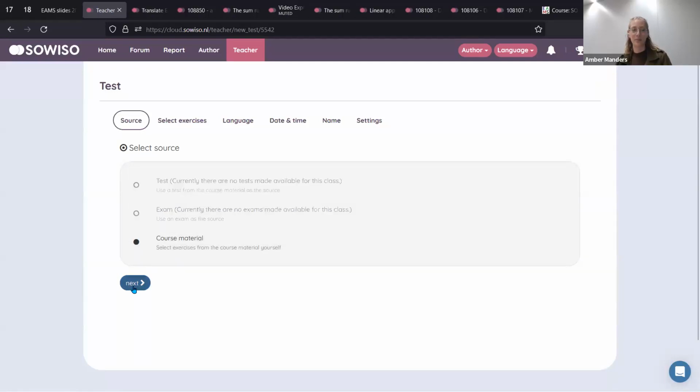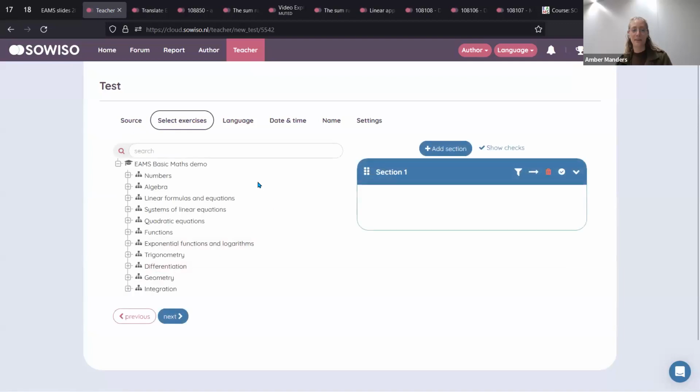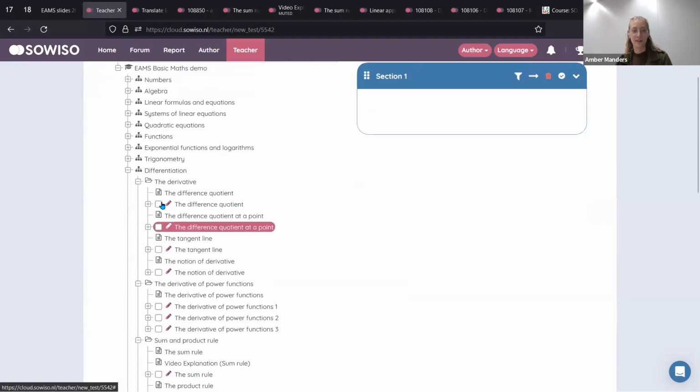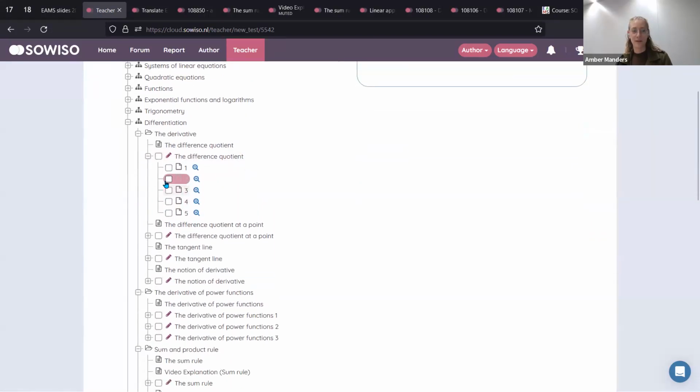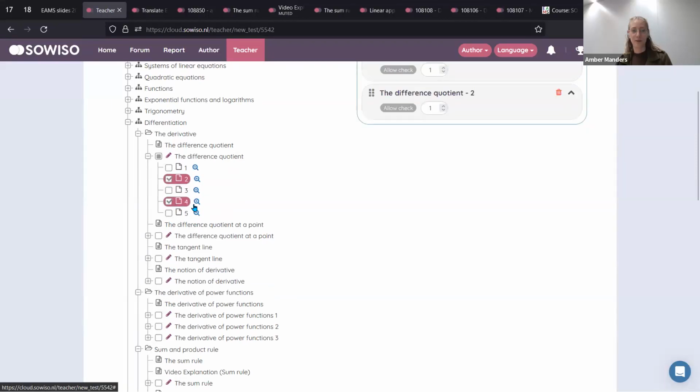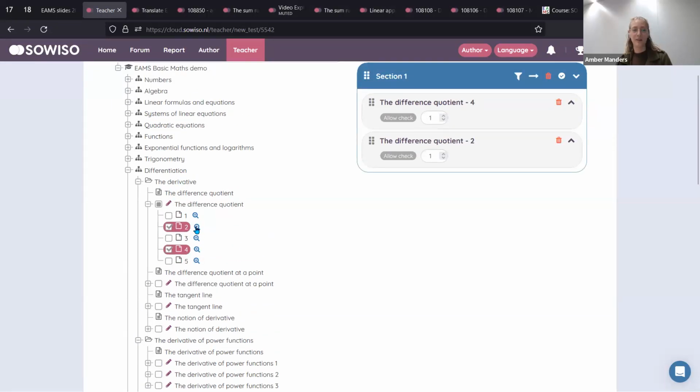But there are also two different options. Then we select the exercises that we want in the test. For example, if we make a test about differentiation, we could just pick some exercises from your course. If you don't know what they look like, click the plus and you get a little preview. And you see them appearing up here. So you can add another one and it's added here as well.